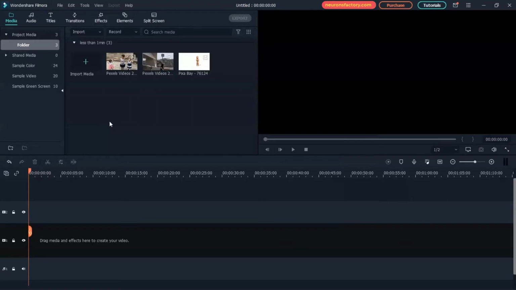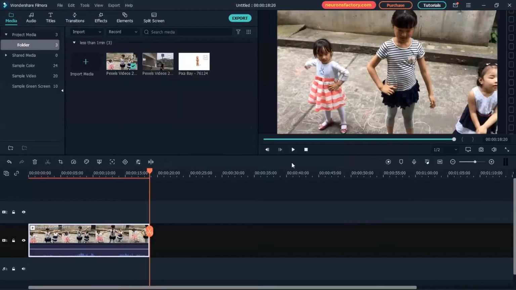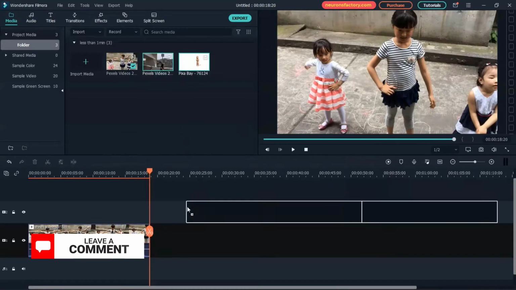If we have clips in the media tab, we can add a clip to the timeline at the playhead's location by clicking on this plus symbol. If the resolution and frame settings you specified for your project differ from the resolution and frame settings of the clips you are trying to add to the timeline, you will get a dialog box asking you to match the project's parameters to the media. To close this dialog prompt, select the desired choice. You can also drag the clip or clips from the media tab to the timeline wherever you want.